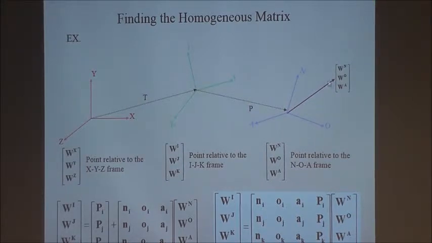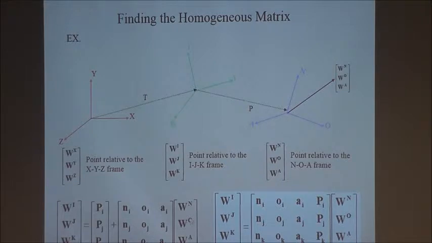So the same point has this coordinate in IJK system, this coordinate XYZ, and this coordinate of NOA. You have one point in the free space, three ways to show with respect to three different coordinate systems. Okay? So W, I, J, and K with respect to this system is going to be pi, pj, pk, okay, which is here,